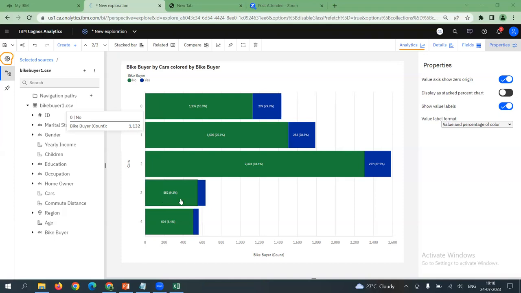But the probability of them saying no is also very low. A very great challenge for the production firm is to look at category 2. Category 2 has 27.7% positive responses, 38% negative. The longest bar is in category 2. So focusing on category 2 is an opportunity or risk for the company. What do you say? Focusing on customers with 2 car category, is it a risk for the company or an opportunity?